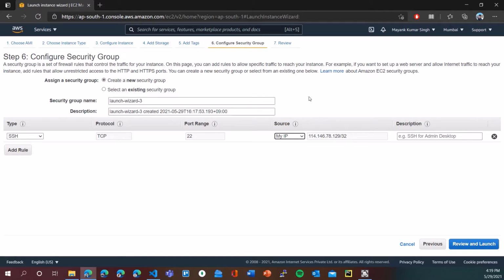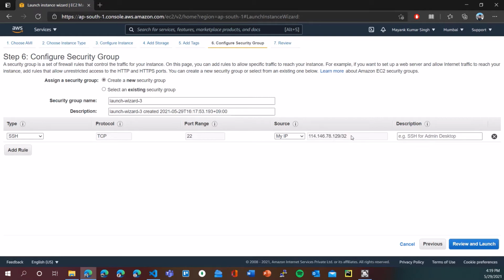Now, if you are inside an ISP, which is the internet service provider, they keep on changing your IP address after a certain period of time. This can be irritating because then you'll have to keep on changing your security configuration so that you are able to connect to your server. So instead of setting a /32, you can set a /16.